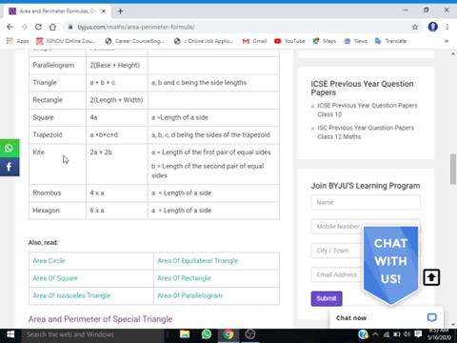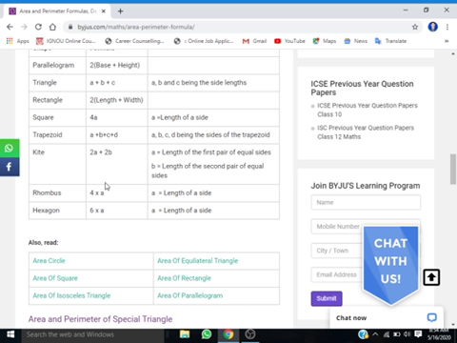Similarly, when we draw the figure of the kite in the next pages or next classes, I want to discuss it including the figure on the whiteboard, so you can understand the basic rough sketch of the formulas, how a formula can be derived and what the formula is. The nature is the same: the sum of all sides. So for a kite, perimeter equals 2 times A plus 2 times B, or taking 2 common, 2 times (A plus B).